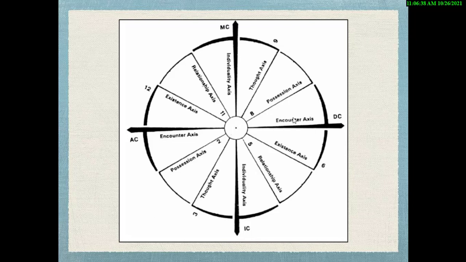So we call it the encounter axis. The possession axis relates to either my own resources, self-worth, money, versus other people's resources, formal society, hence called the possession axis. The third house and ninth house is the thought axis of early learning thoughts